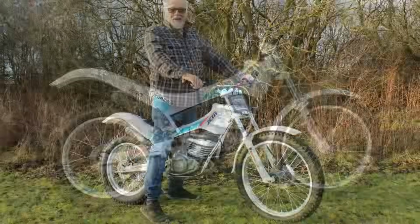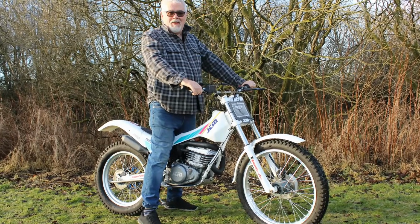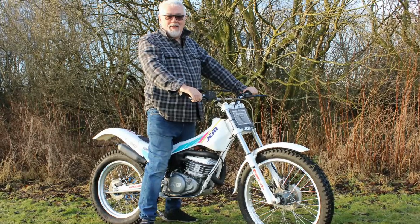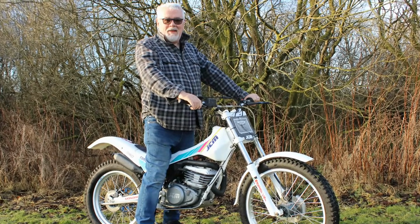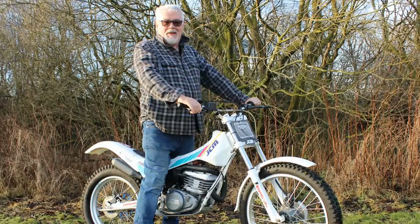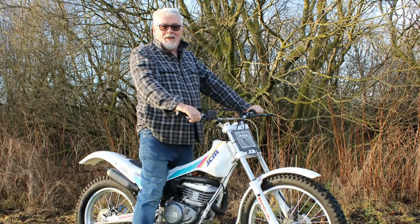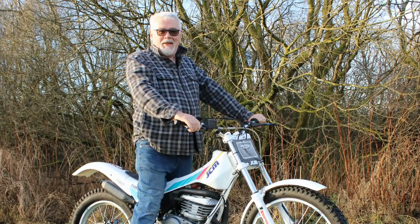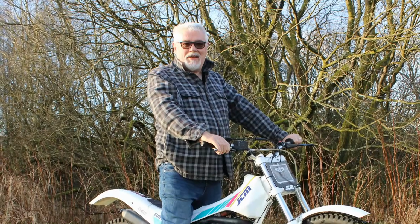Now, nevertheless, the current owner of our rare JCM is this man here, Deryck Scott, who says he bought the bike from a collector in Yorkshire back in 2024. And although the previous owner did have it in his possession for many years, Deryck told me that he hardly used it, and consequently then sold the bike on to Deryck,